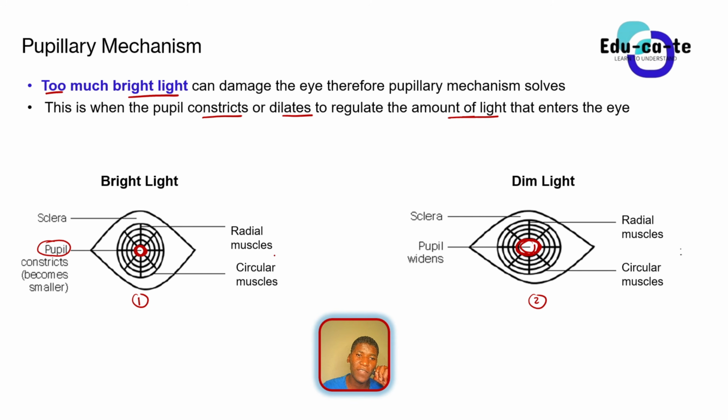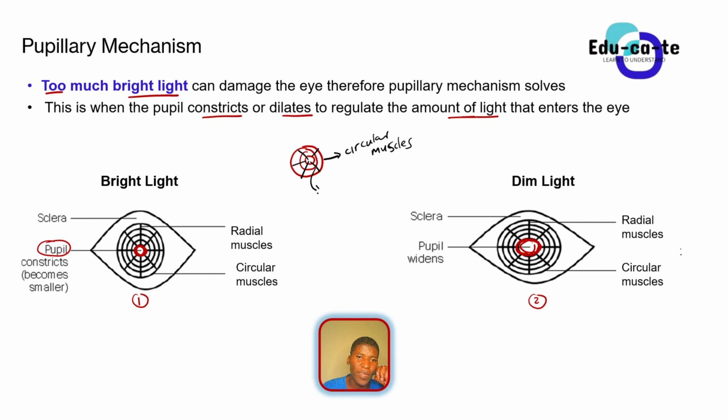So we've got two of them, circular muscles and radial muscles. The circular muscles, they look round. Of course, they are circular. And then the radial muscles, they look like lines. They are something like this. So these are the radial muscles. I think you kind of get the sense. So these are your circular muscles of the iris. They are found at that colored part of the eye. And then these ones that are straight lines, they are the radial muscles.